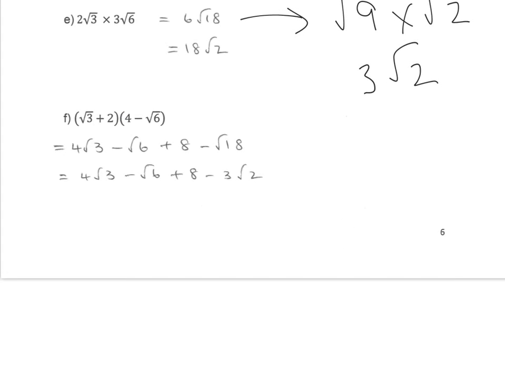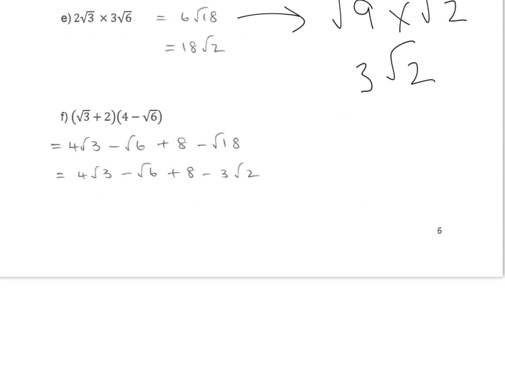Okay, expanding two brackets in part F. So just like you would expand any two brackets, we've got root 3 times the 4, giving us 4 root 3. We have got 4